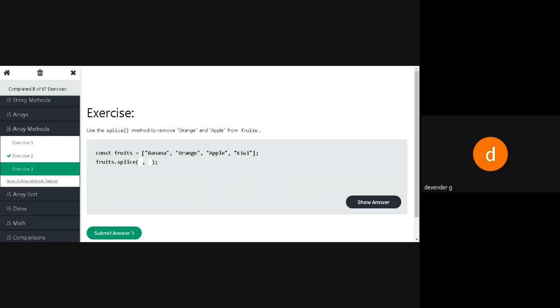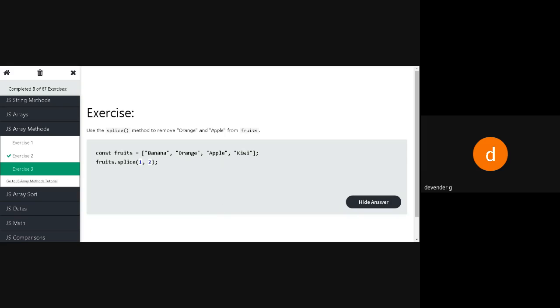Now use the splice method to remove the orange. So how do you remove an element from the middle or the location you want? How many elements are there here? We have 0, 1, 2, 3. So what is the position of this one? It is 1. And the other elements are 2 elements. So we'll see this one.